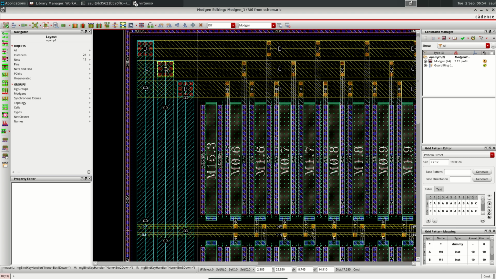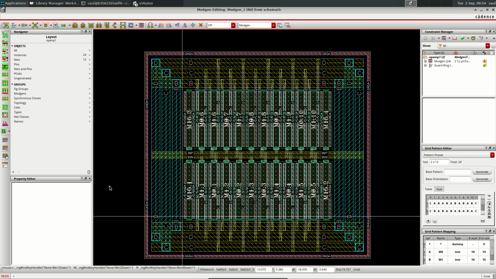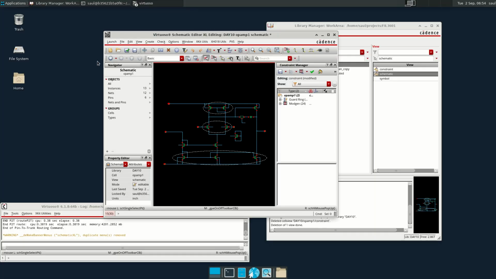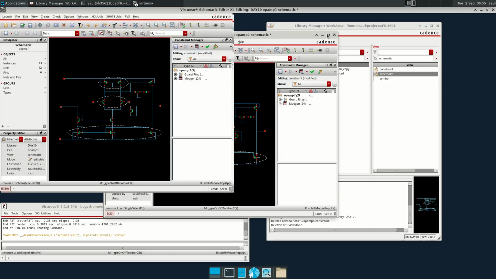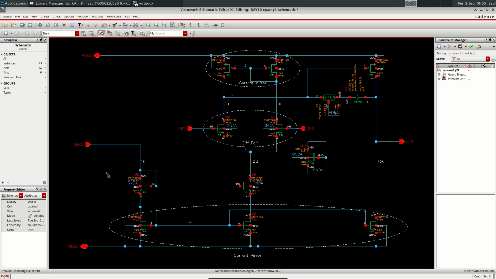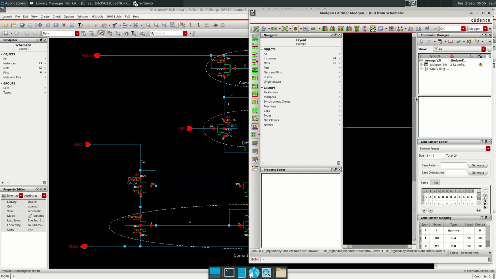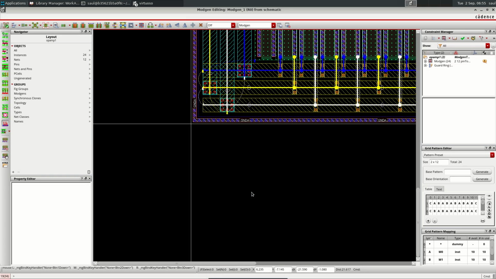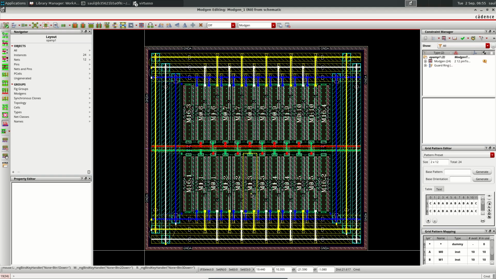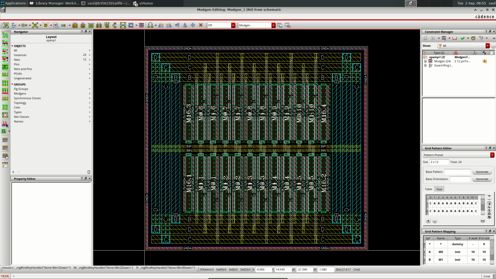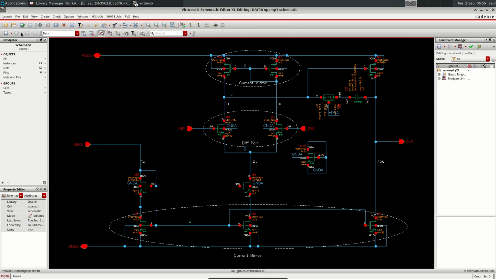we are basically done with the layout of the differential pair, so we can click it here, and then it is ready. We can save, and if we need to edit it, we can always come back here, and the layout of this differential pair is ready. Okay, so